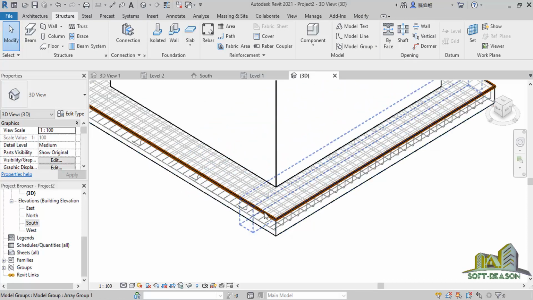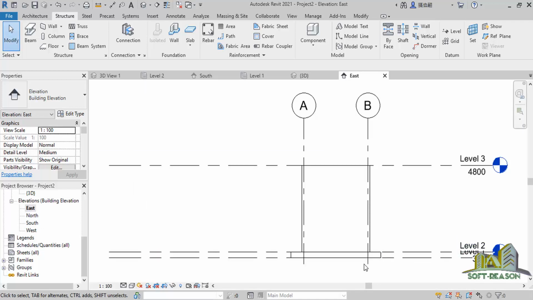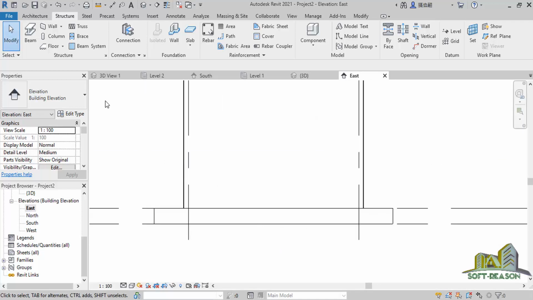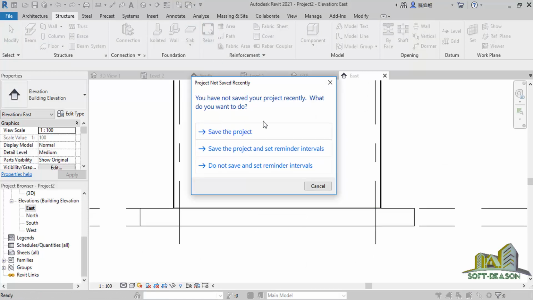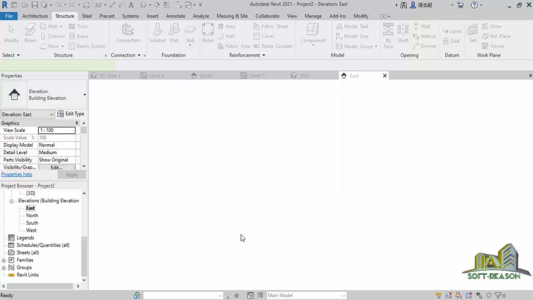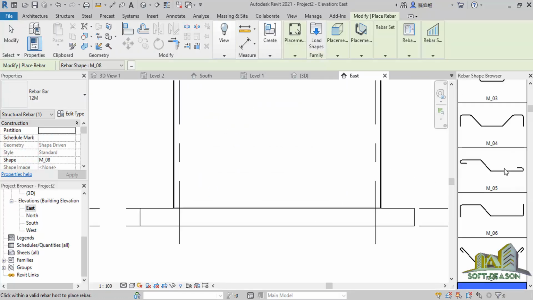Okay, let's see. All right, so we are through working with the south direction. Okay, so we can now work with the east direction. Okay, actually in the east direction we'll go to the rebar. Okay, they asked me to save the project. I don't want to save it now. Okay, all right, so in the rebar browser, quickly we will